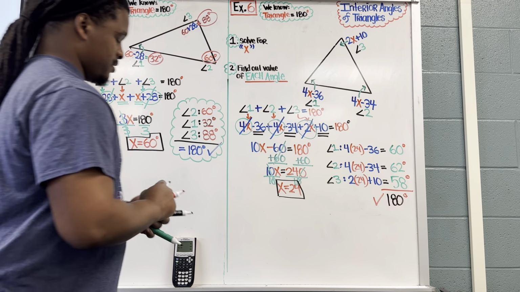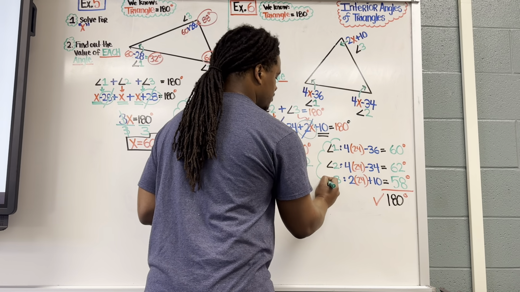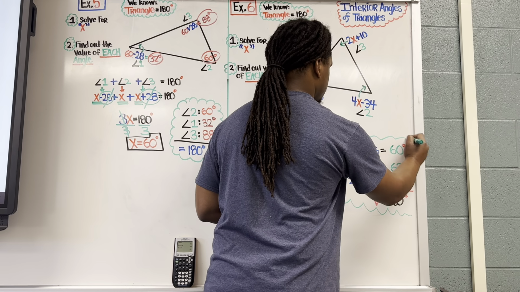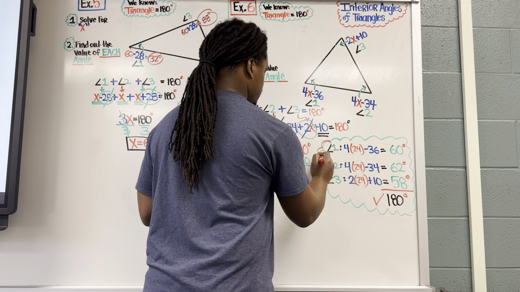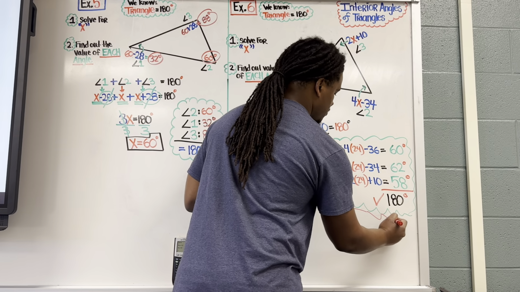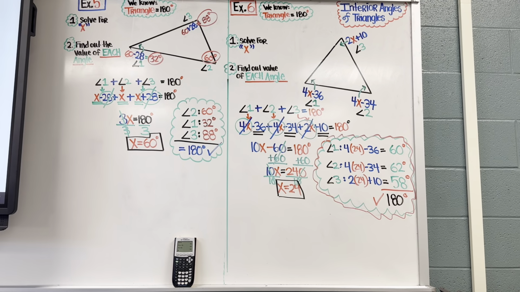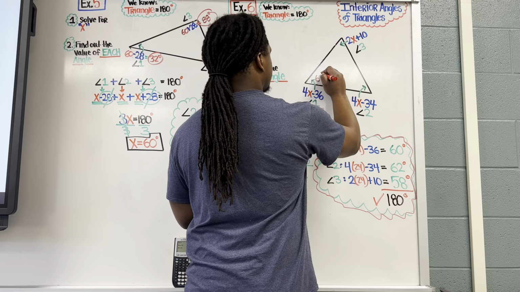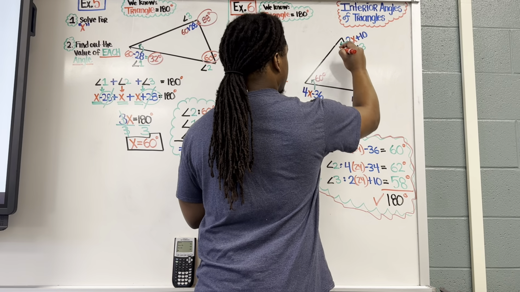Okay? So once again, guys, this right here is the final answer. All right, that is the final answer. Angle 1 is 60 degrees, right? So this angle right here is 60 degrees. Angle 2 is 62 degrees. And angle 3 is